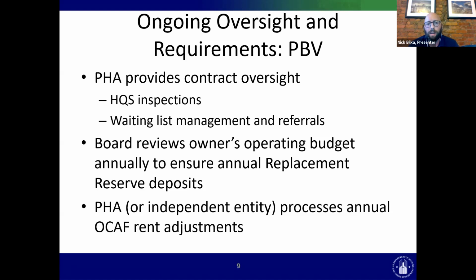You have some documentation of that. You have the final RCC, you have bank statements that document the monthly deposits to replacement reserves. You have work descriptions, documentation, work items for things that you've done that drew from that reserve. Documentation of the independent entity, you have copies of the HQS reports, the rent calculation documentation for RAD PBV projects showing rent reasonableness and OCAF adjustments, and documentation showing that the PHA is supporting the resident organization, that $25 per